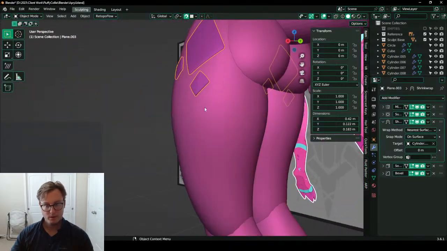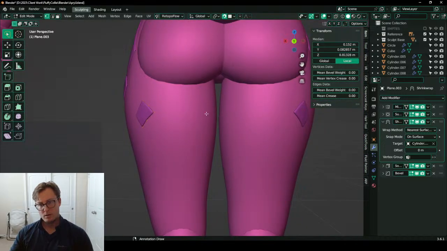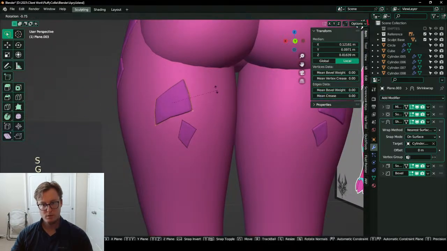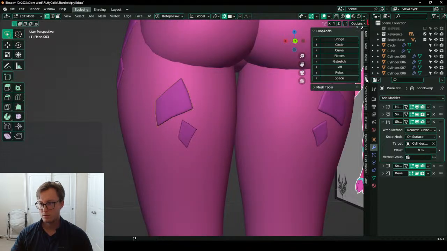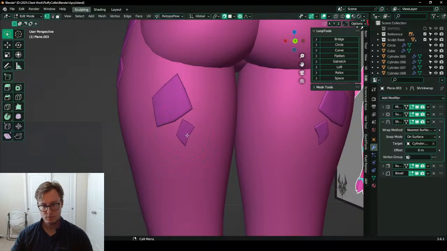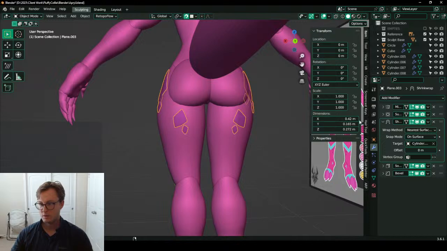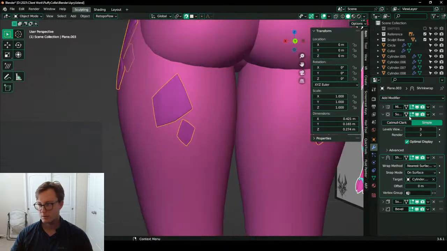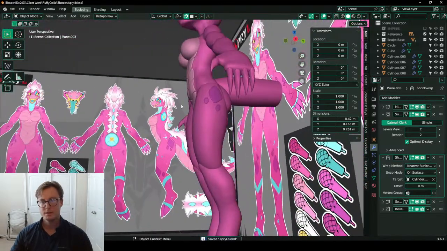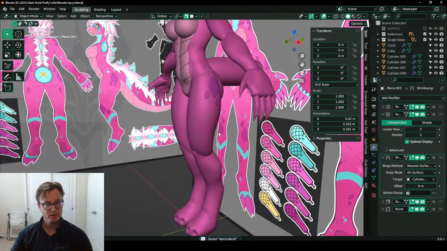Much smoother. I was just doing a simple subdivision. That's why it felt a little off.